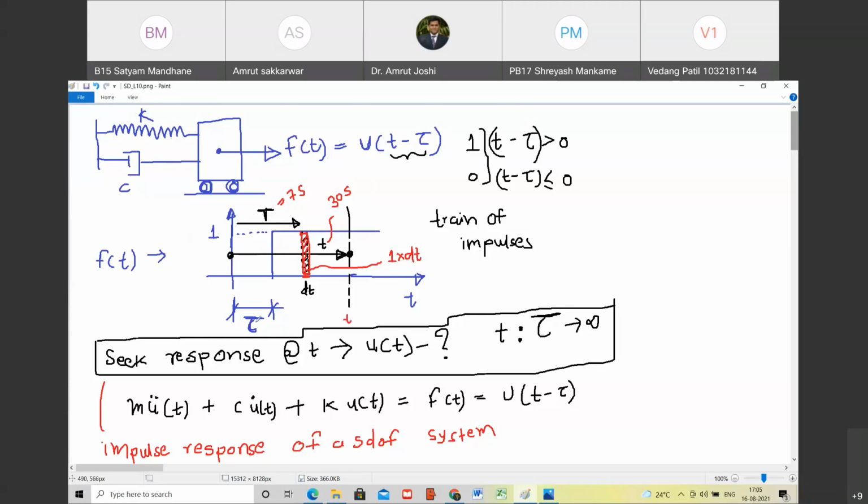So from time t equal to tau to time t equal to t, many such small impulses came at different values of capital T. Do you agree with me? Yes, sir. So now how do I write down the response of all those impulses at time t equal to 30 seconds? What will we have to do? I will have to now,